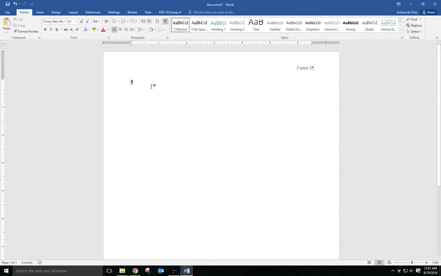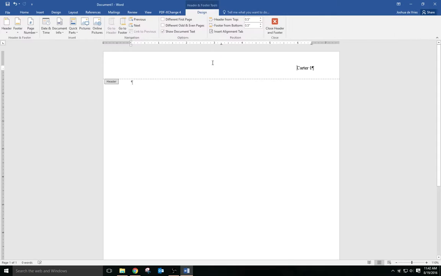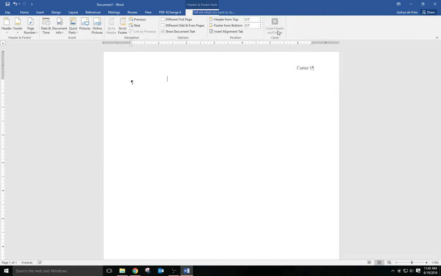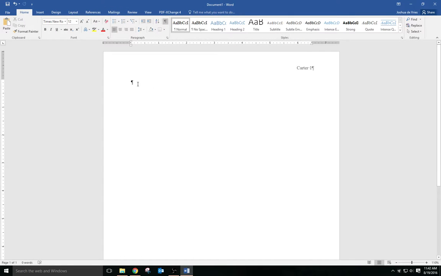Page WD68 is just telling us how to exit the header. You just double click out of it, or if you're in it, you just click Close Header and Footer and it'll take you out as well. Again, multiple ways to do the same thing. What we're doing now is making sure that we're aligned left. We are aligned left. And we're going to copy the text from page WD69. So that's